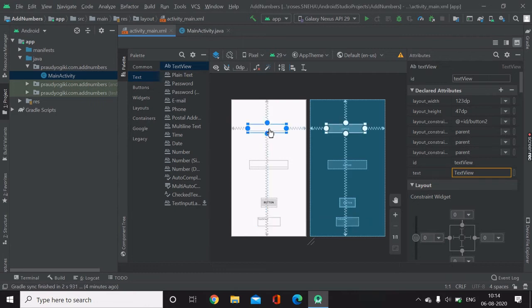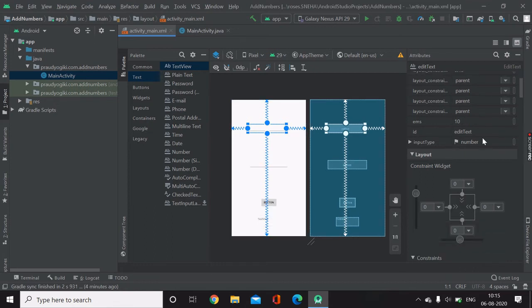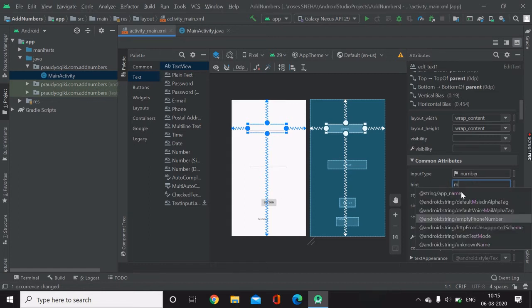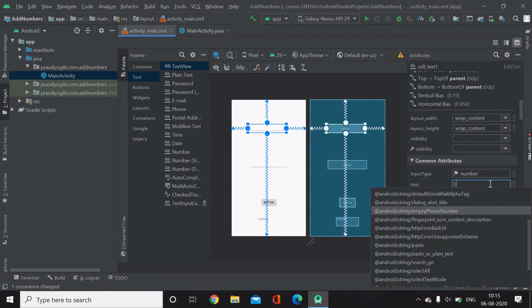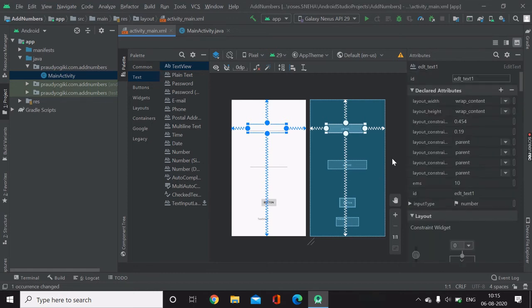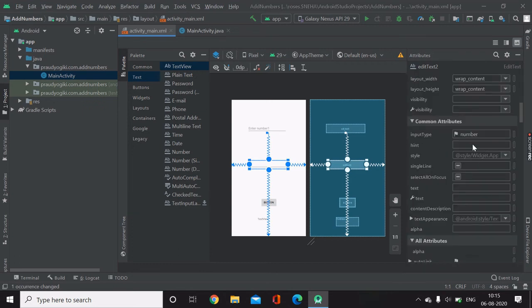Okay, now let's change the IDs. First select the number view and you can change the ID to edt underscore text1, and let's write a hint statement as enter number. Now let's select this and rename its ID as edt text2 and write